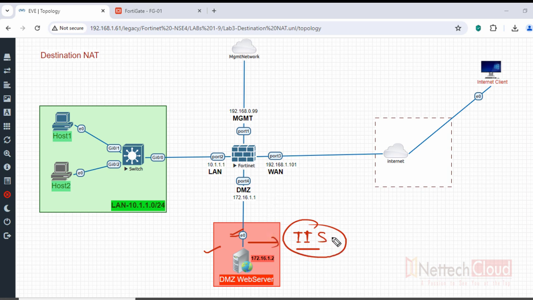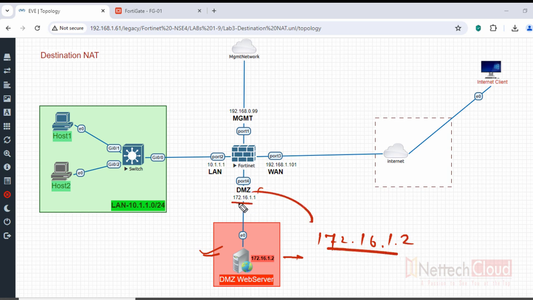But in my lab, in fact, there is a proper website hosted on the DMZ web server, and the DMZ web server IP address is 172.16.1.2, and the gateway, of course, is the DMZ interface IP. So the DMZ server is already configured with IP, the website is already hosted, the FortiGate firewall interfaces are already configured, there is one default route here, right? But there is no destination NAT policy or security rule created yet, and